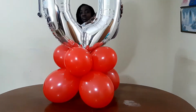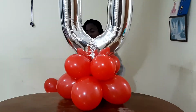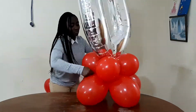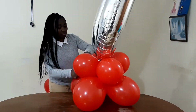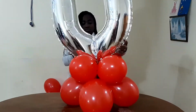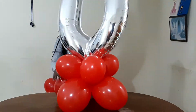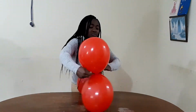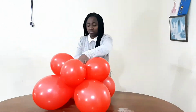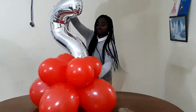And now placing the metallic balloon and using the string to secure it in place. It's very, very simple, but unique and beautiful. This process is repeated in 4 places in order to have a base for the 4 numbers,